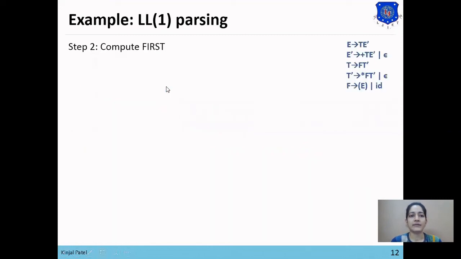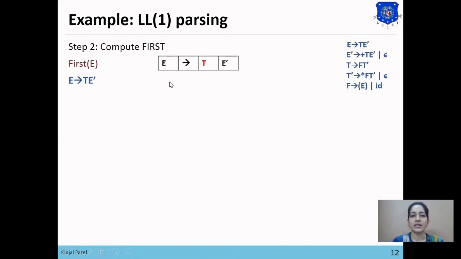We'll understand it with an example. So here is the grammar which is given to us. We need to find first of E, E dash, T, T dash and F. So first of E: for that we need to check the production of E, which is E produce T E dash.